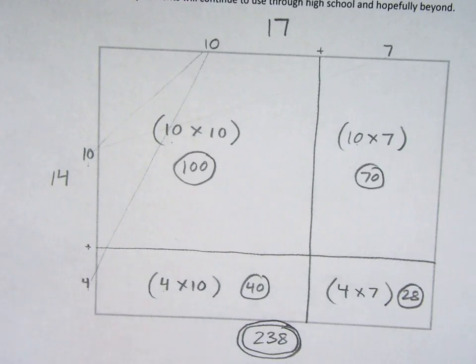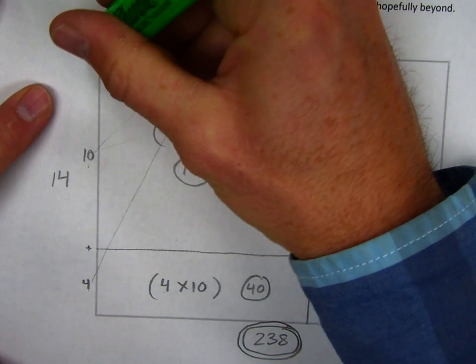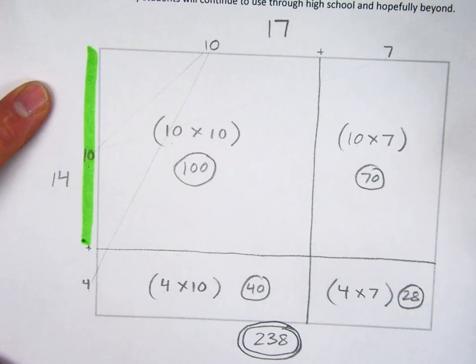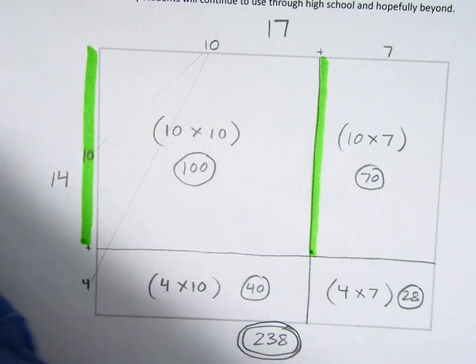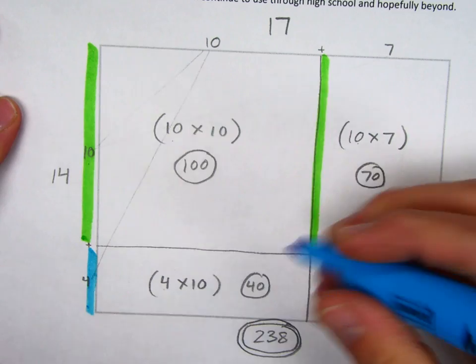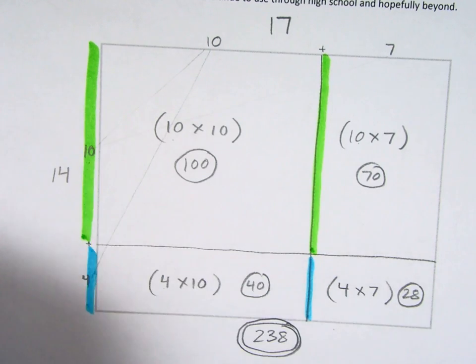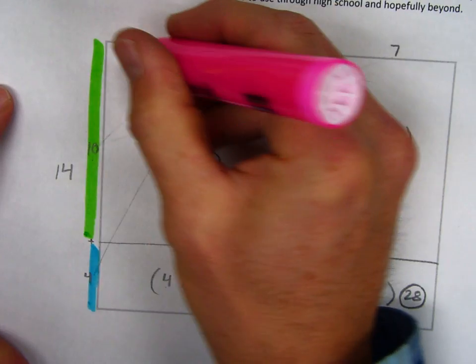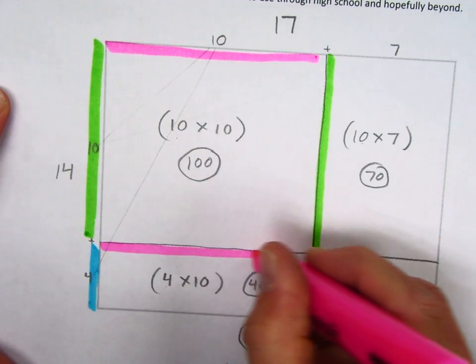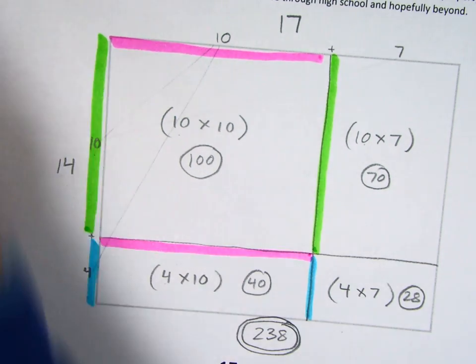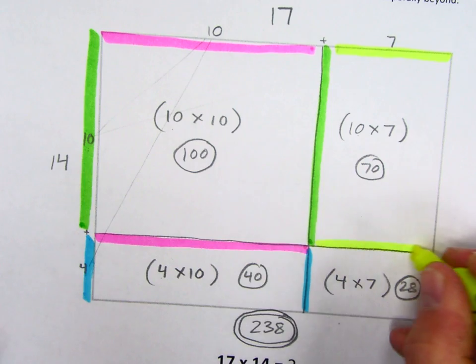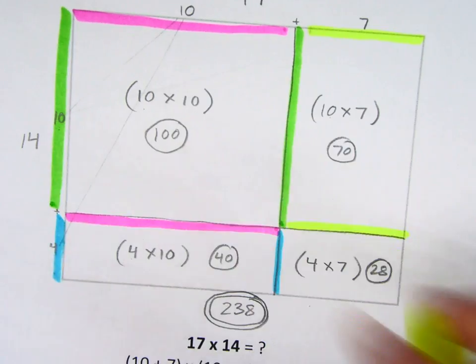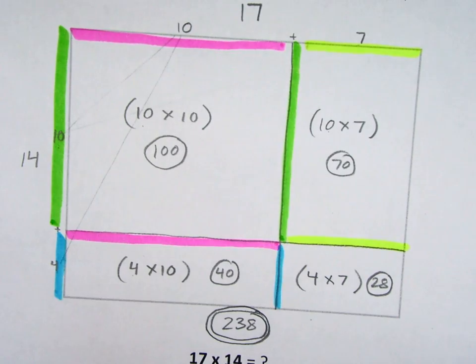In class, we're going to do things like this. We're going to go 10. If this is 10 over on this side, then this is 10 over on this side. If this is 4 over on this side, then this is 4 on this side. 10 up here, 10 down here. And the yellow, I hope this shows up, 7 and 7 of those lengths, so that they can see that each of these are kind of translating across. Okay, so